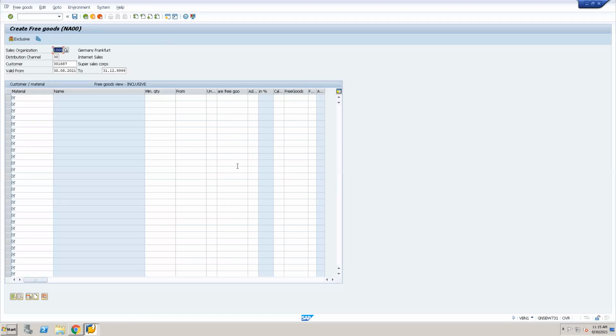We do it in IMG screens. Remember, whatever we do, we do it in the IMG screen. Now you understood VBN1 and everything. So I am directly showing how the system will work if the free goods determination is active. We have understood how the system will act. I have shown you an example, so you go and create and do everything on your own. Before doing it in the background from the consultant side, that we are going to check right now.